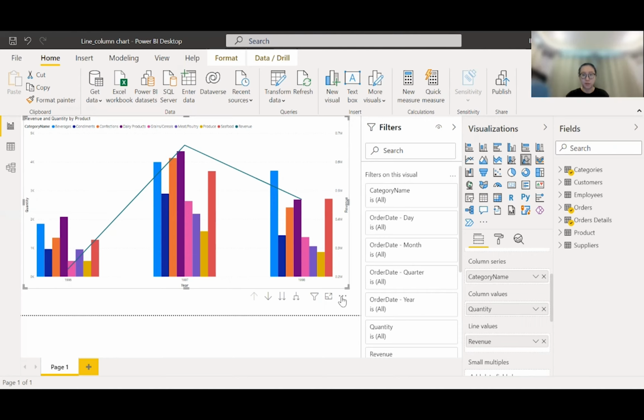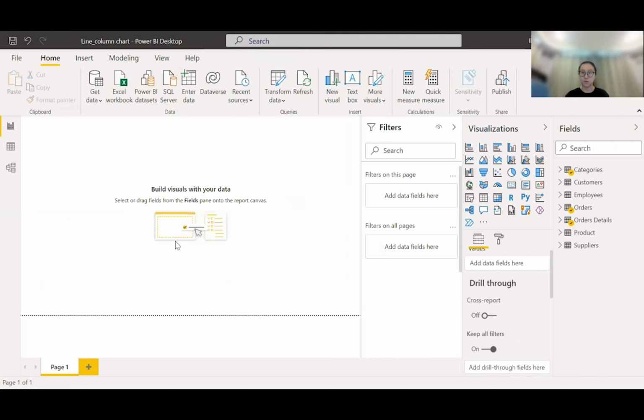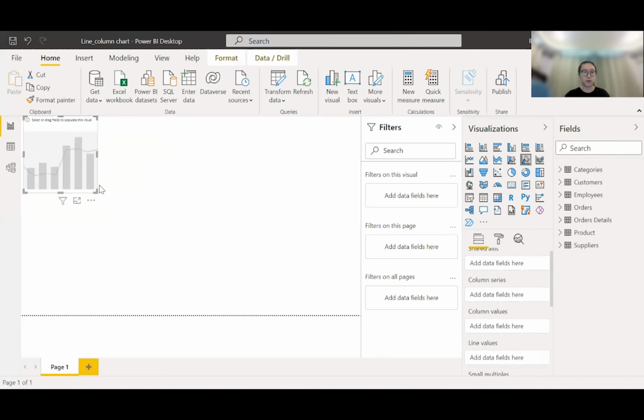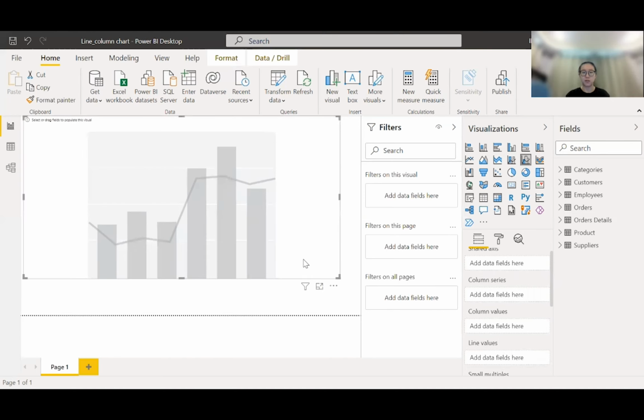So I'll first delete this and show you step by step how I made this visualization. First, you can find the line and clustered column chart tool here in the visualization window. If this one is the line and clustered column chart, you just click it and bring it in. Then you can increase the size. And for this, I will be showing the sales quantity and sales revenue of a business. So first, what you have to do is